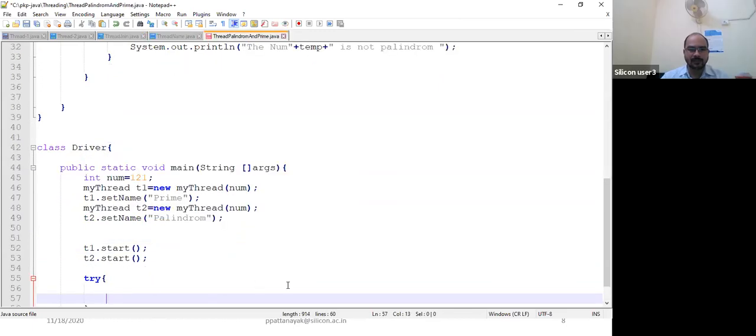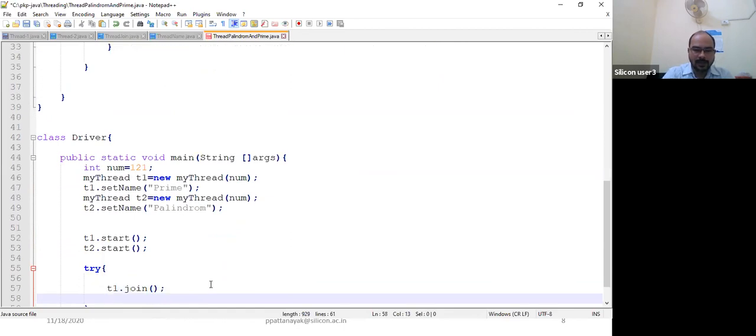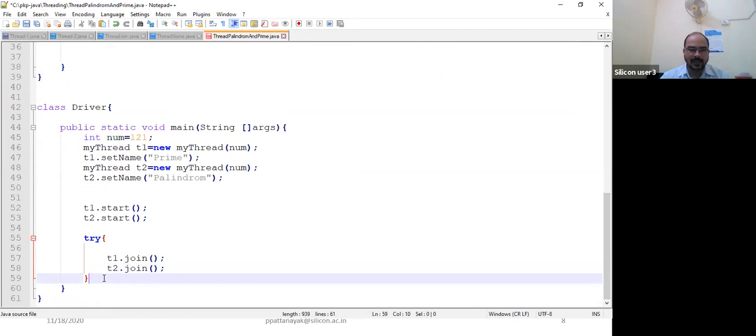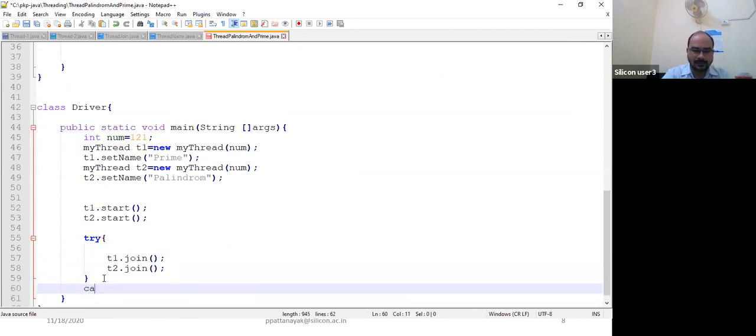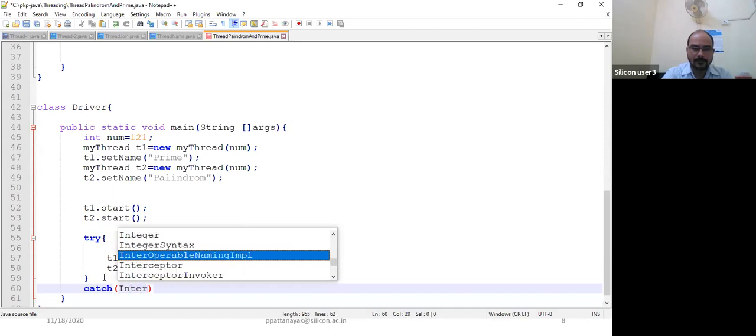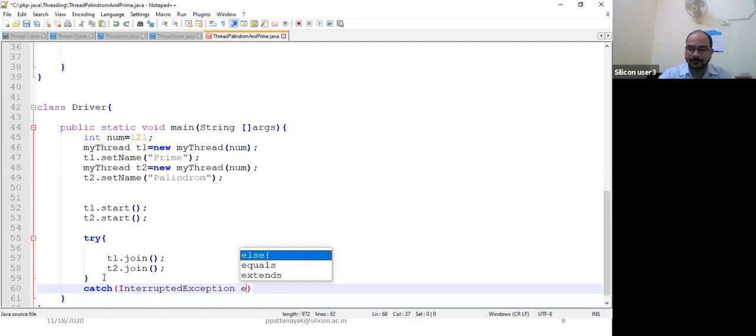Here main is joining with T1 and also T2. T1.join, T2.join. Main has to wait for this, and it throws what type of exception? InterruptedException. So catch it.